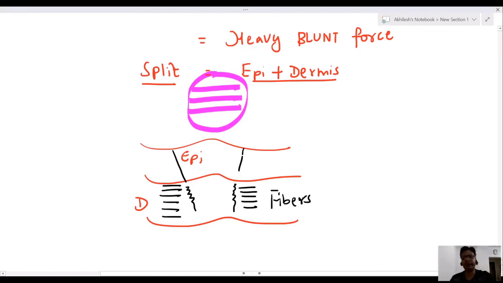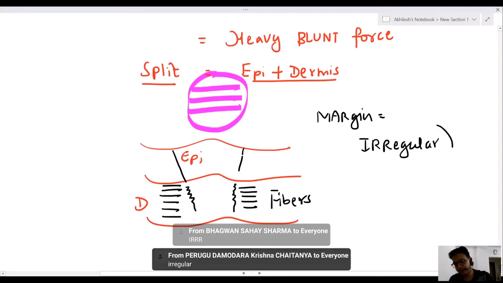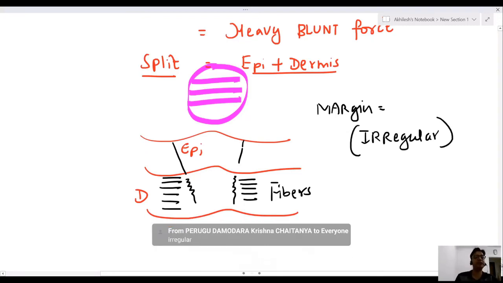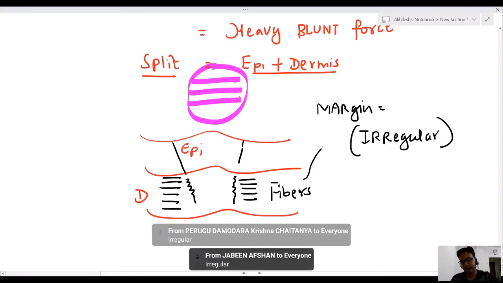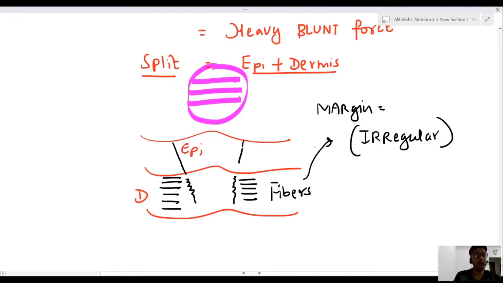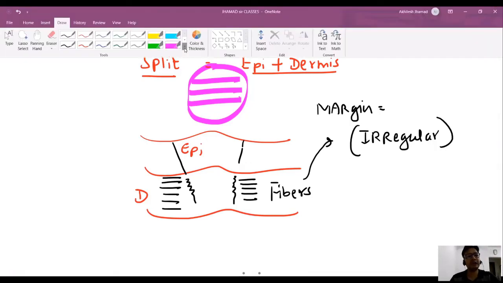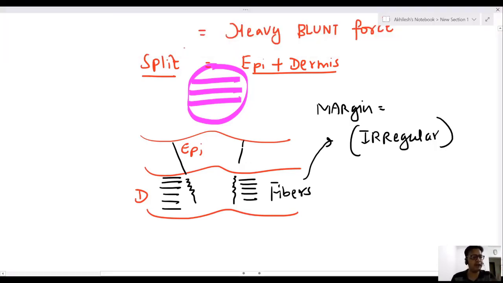when you see the margin, now tell me anyone, will the margin of the laceration be regular or irregular, my dear friend? Generally, the margin of the laceration will be irregular because of fibers. Now, what do you need to do? To confirm, because sometimes the margin may also be regular, I will let you know. To confirm,